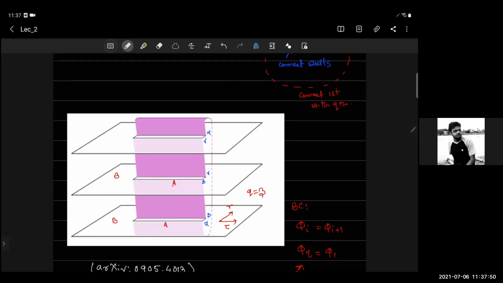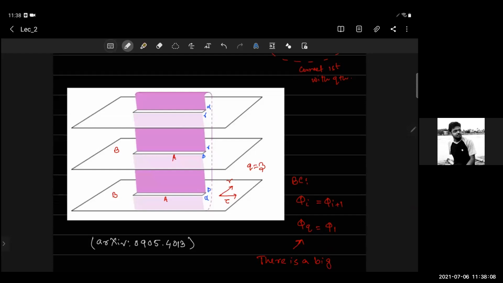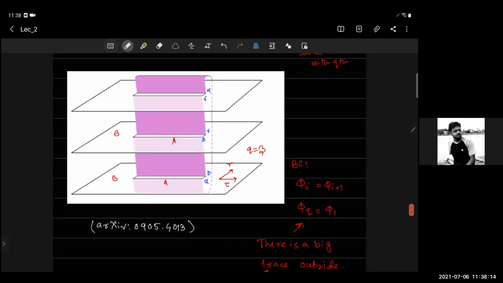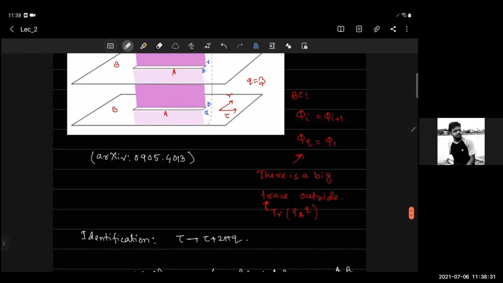You have the first sheet, this is subregion A, this is subregion B. You connect the first one with the second, with the third, and finally the last one is connected with the first one. This has been shown for q equals 3. Since you want the fields to be continuous, it forces you to put the boundary condition that phi, the field on the ith sheet, has to be the same as on the (i+1)th sheet, and finally the qth one has to be the same as the first one because of the big trace sitting outside. So therefore the geometry is again